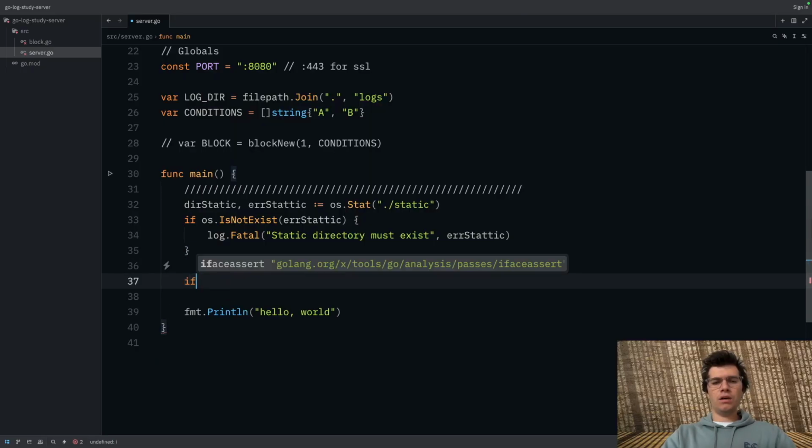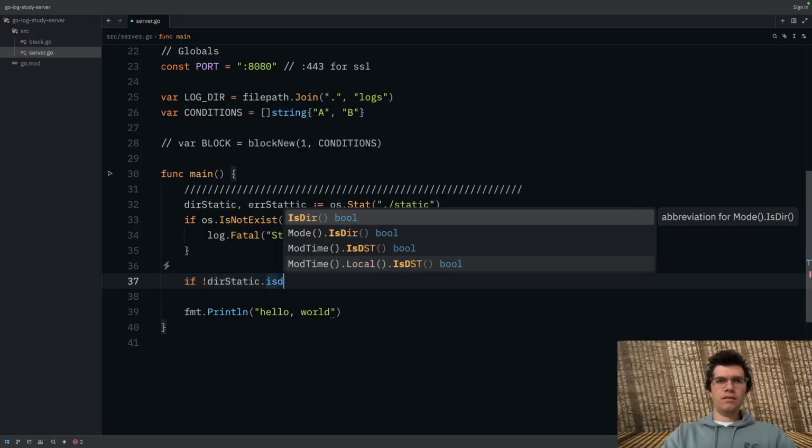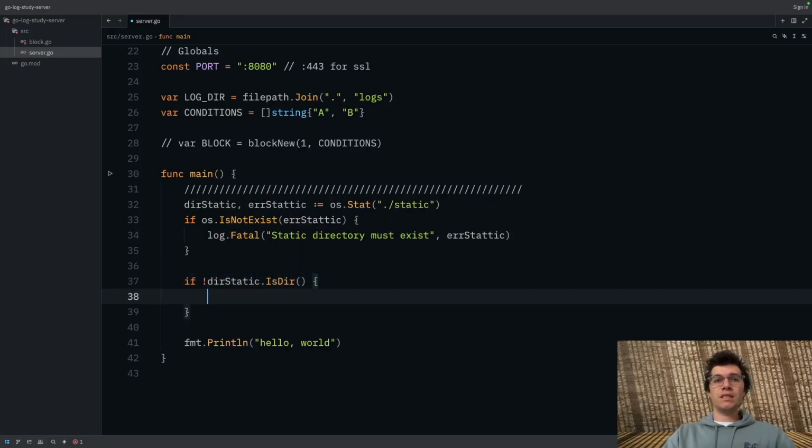Otherwise, we also need to check that dir static is a directory, because if it isn't, then it's not going to work. So we can also do a log fatal again. Found file named static, but it must, not should, be a directory.